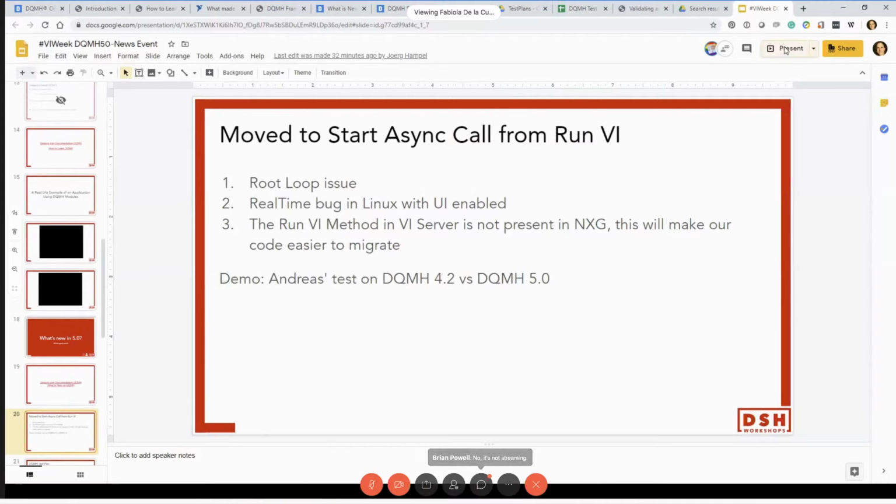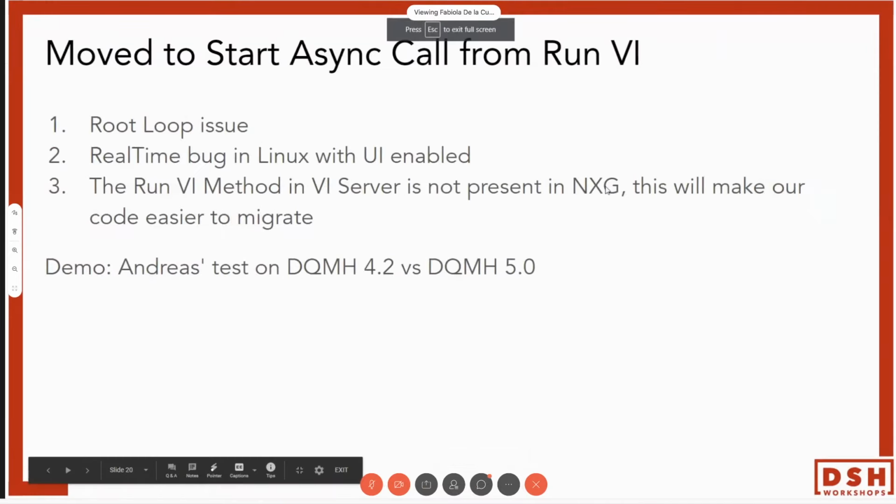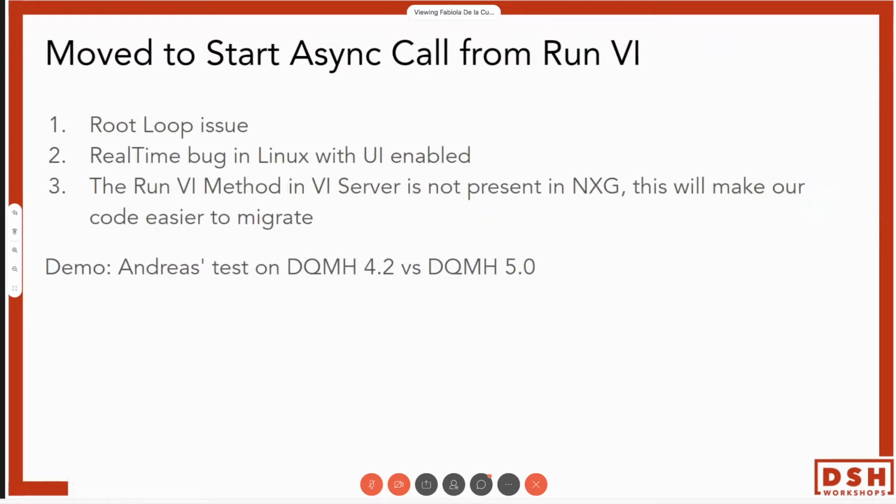Present again. Okay. So we moved to start a synchronous call instead of using the run VI method for VI Server. And this was to address the root loop issue. I don't know if anybody in the audience has heard about the root loop issue, but you're about to find out about it. Also, there was a bug that Joerg is going to talk more about, but if you were using real time with UI enabled on a Linux device,